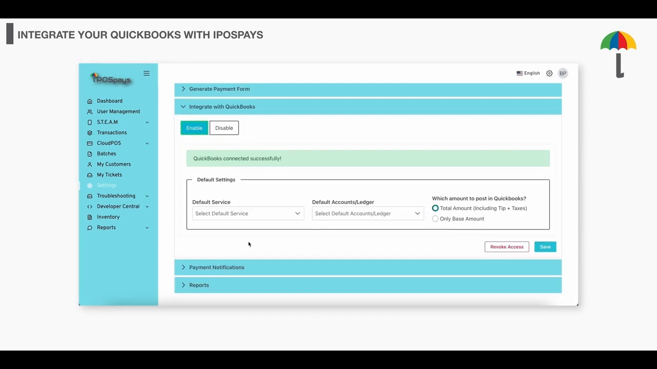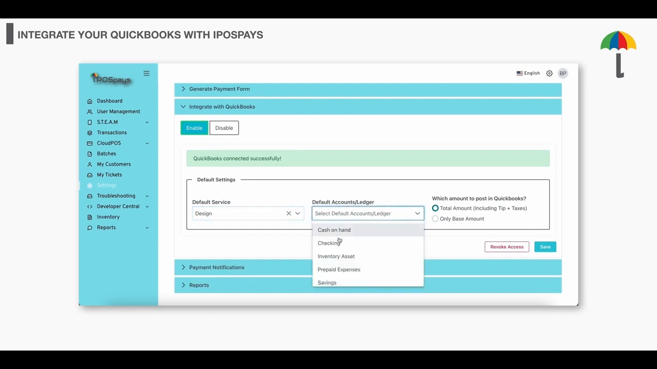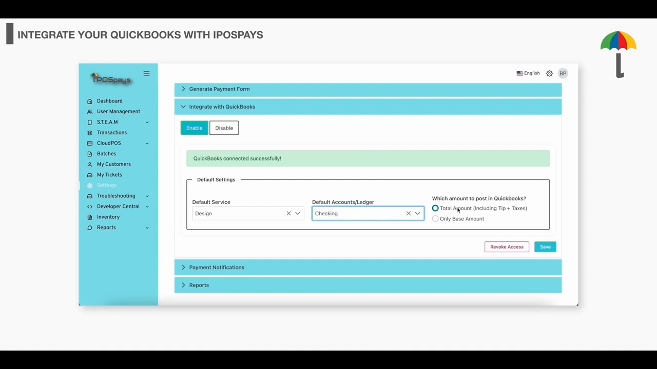Now, click the drop-down and select the service and ledger against which you want to update the transactions. As you can see, the details are fetched from QuickBooks. You can also choose whether to post the total amount, which is tips and tax included, or just the base amount. Please note that all transactions done through the payment terminal will be automatically updated against the selected service and